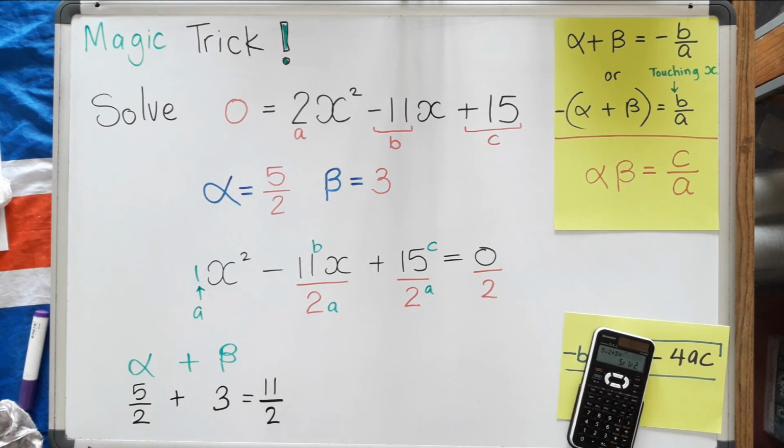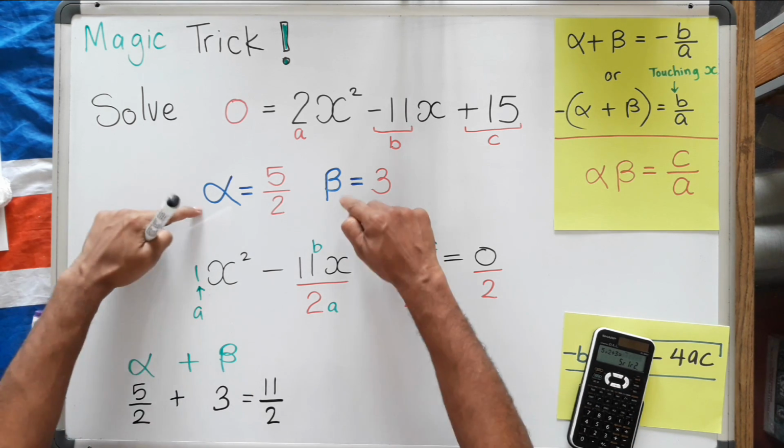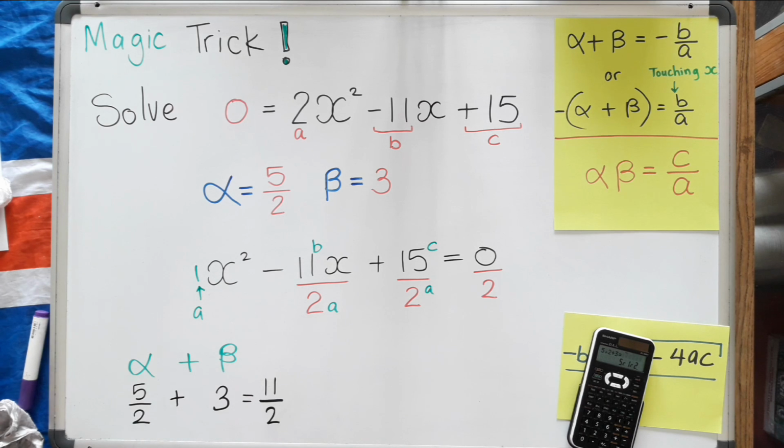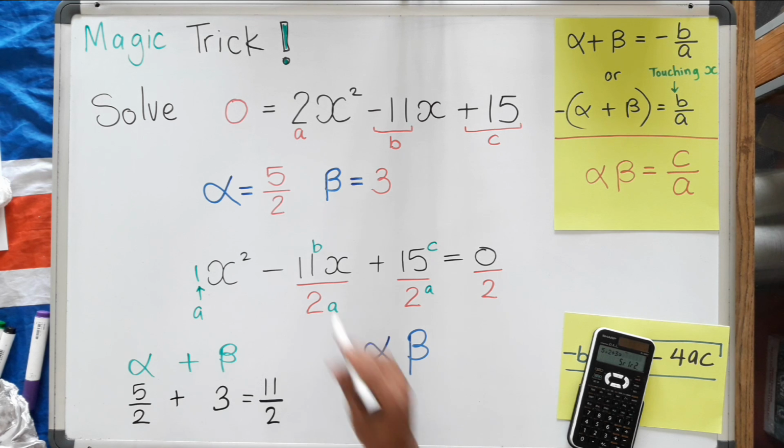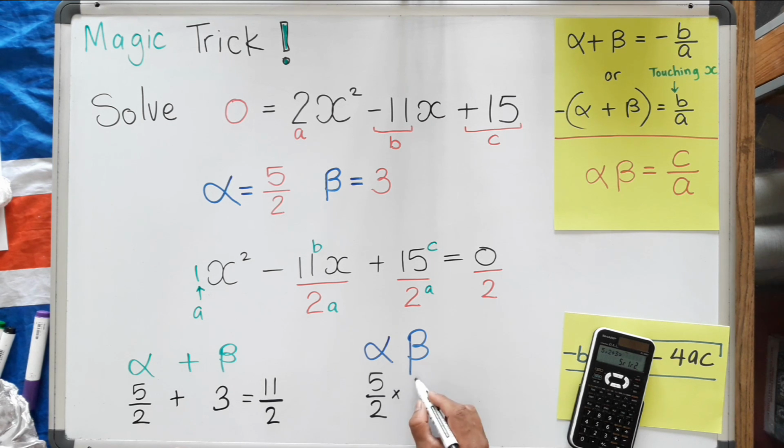Right? So here's what I'm going to do now. I'm going to take the same two roots, and instead of adding them, I am going to multiply them. So I am going to take alpha and multiply it by beta. My alpha value is 5 on 2, and I'm going to multiply it by beta, which is 3. If we multiply this, but 3 is the same thing as 3 on 1, 5 times 3 is 15,